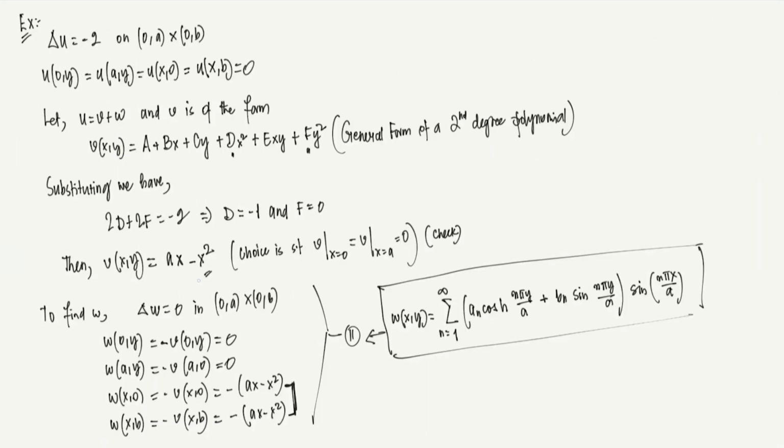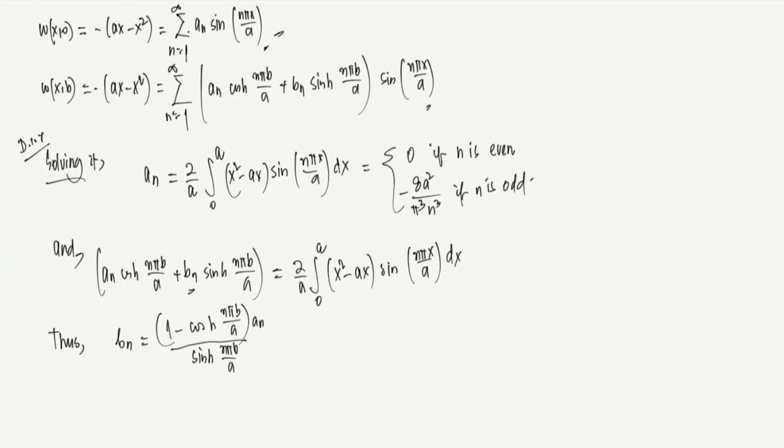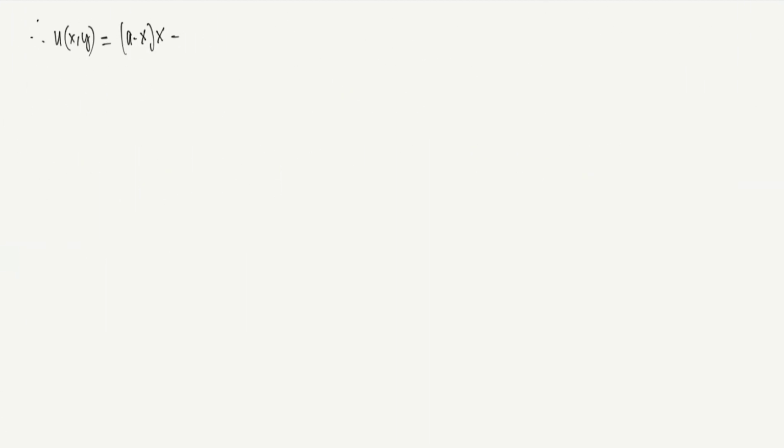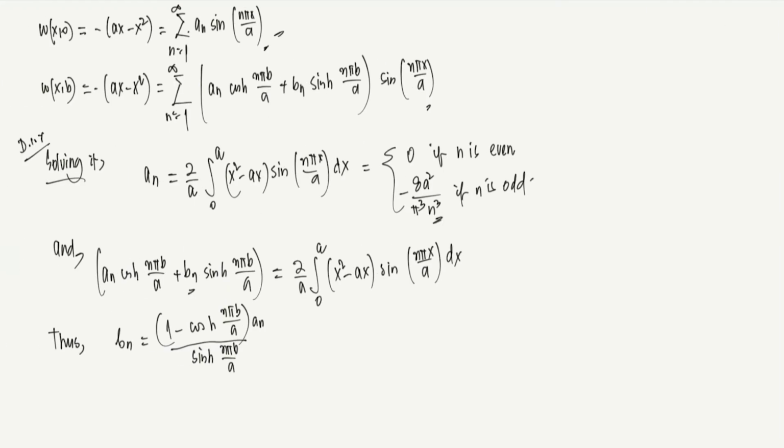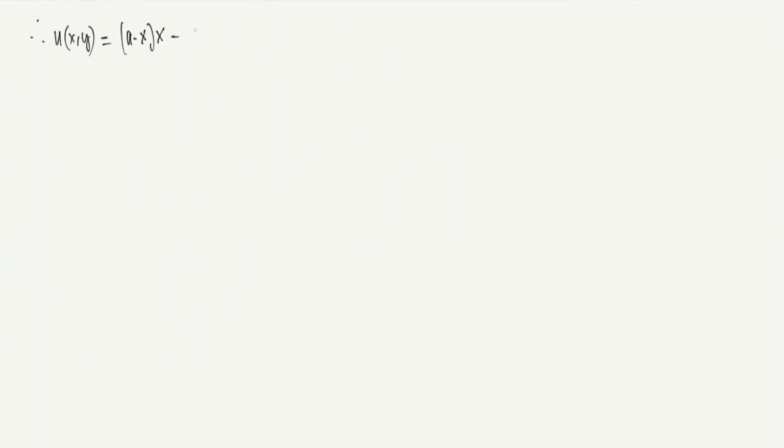So, if you put everything together, therefore, the solution u of x, y, what should it look like? It should look like this. It is a minus x times x. Yes, that's your function v minus w, right? That w part is there. So, w, if you put it there, that an's are this, right? You see, n is odd. So, essentially it will look like 8 a square by pi cube, and then you have the sum n equals 1 to infinity